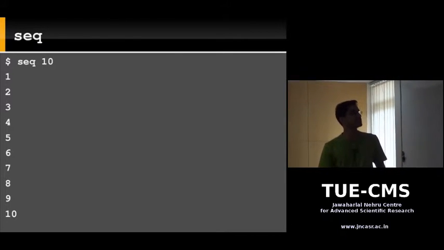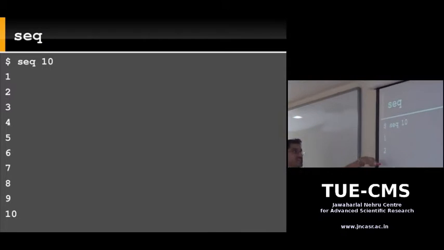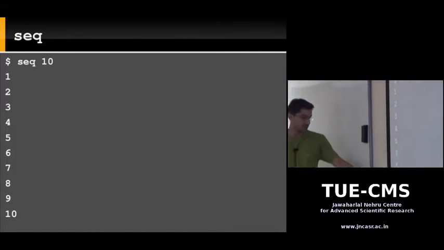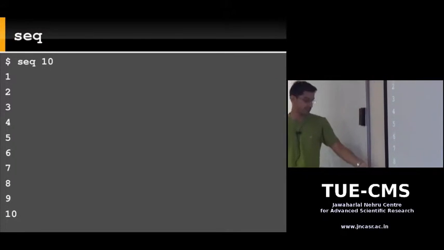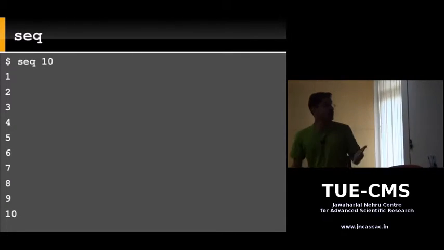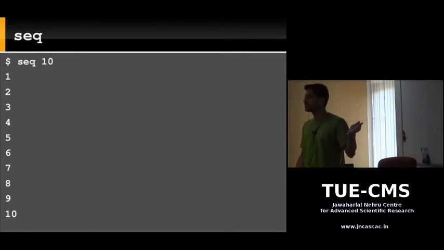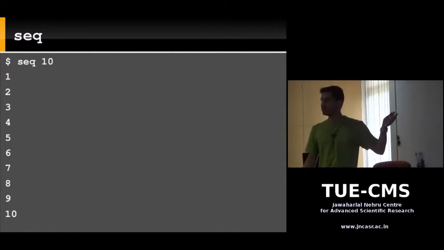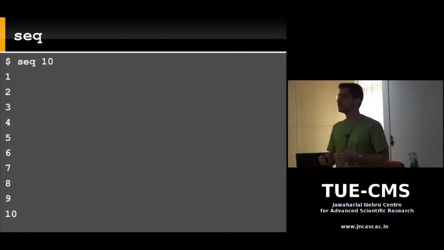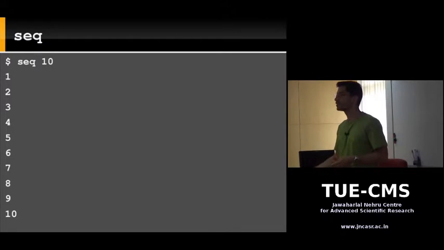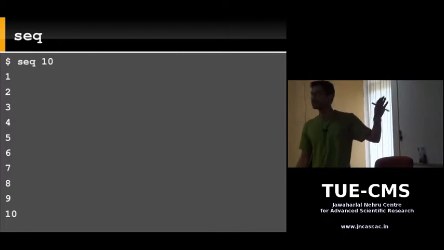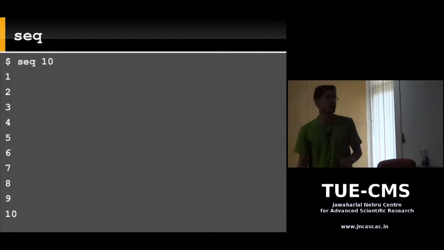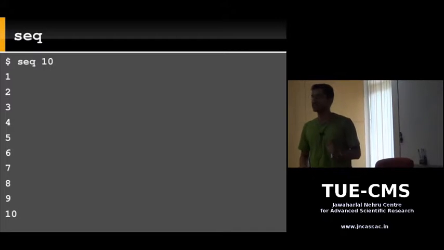So the seq command is simple. At the prompt, if you type something like seq 10, it simply prints integers beginning from 1 up to that number, up to 10. So you get 1, 2, 3 up to 10. Simple command. Seq obviously has a lot of options and other features. You can print ranges not starting from 1, and you can print ranges which skip some numbers, like all the even numbers, or all multiples of 3. You can do all that, but we'll look at a simple case where you just type seq and a number, and it gives you all the integers from 1 up to that number. So this is the output of that command.